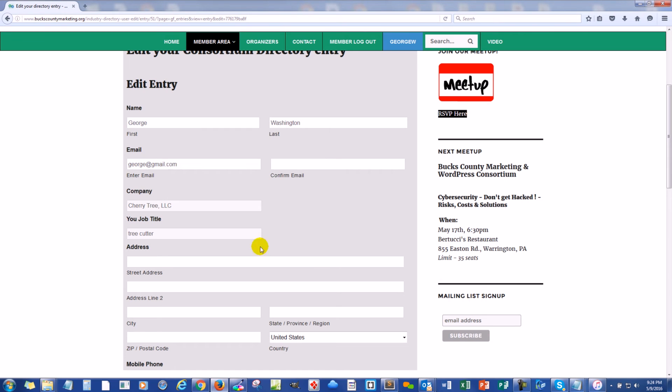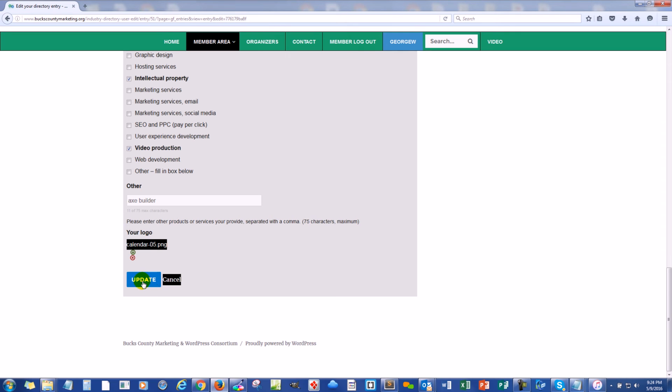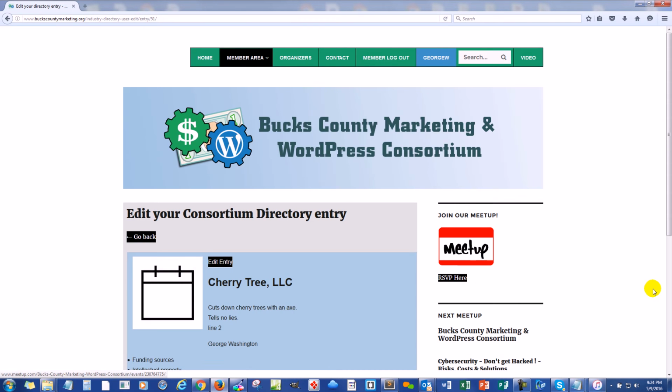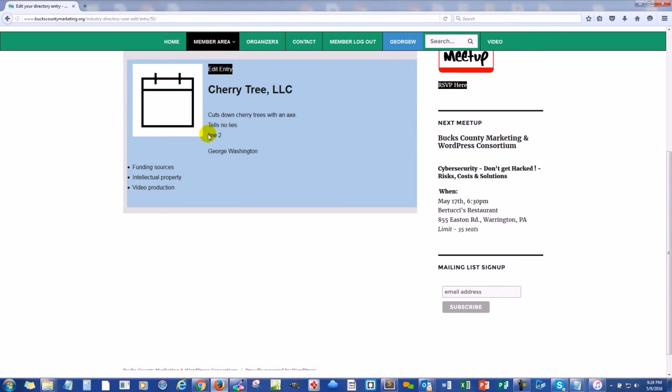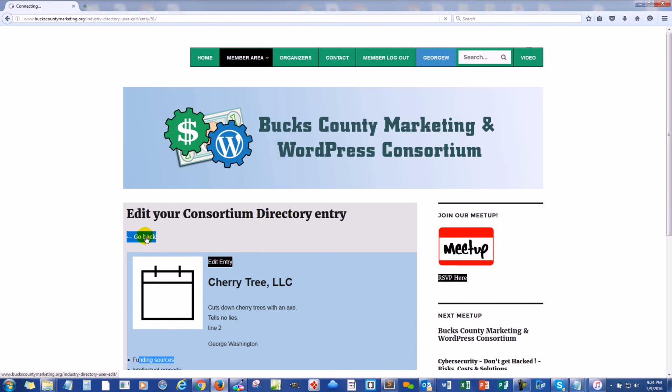Oh, I forgot to tell you, it does not automatically fill in the confirm email. You must do that to make sure that your form is being filled in correctly. Go back and click Update, and there we are. Return the entry, and you'll notice it says now line 2, and it took out association and added funding sources. So once again, go back,